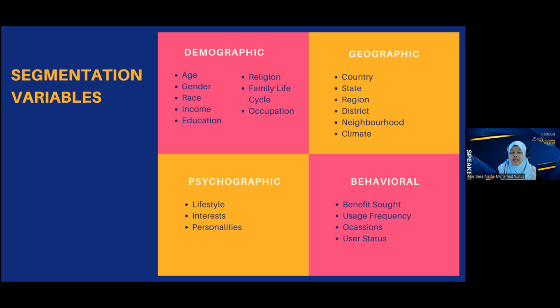The last segmentation variable that we can use is behavioral segmentation. Okay, so under behavioral segmentation, one thing is we can look at the reason why people buy certain product, the benefits that they're actually looking for bila dia nak beli barang. Some people, dia beli basikal because of to exercise. Some people, they buy bicycle for them to travel from one place to another. Some people, they buy bicycle ada juga because of following other people.